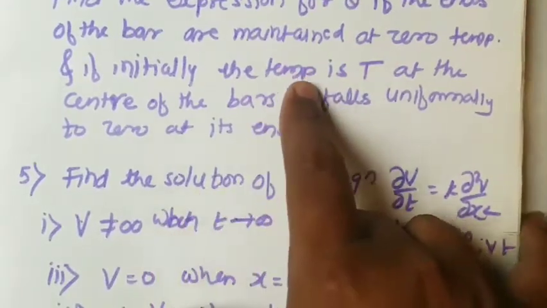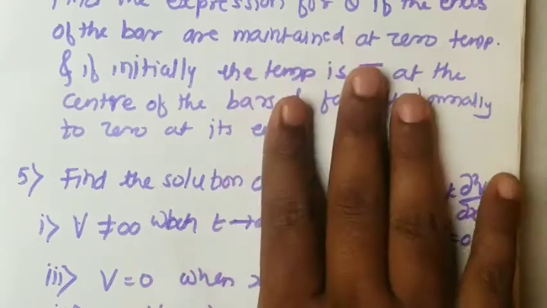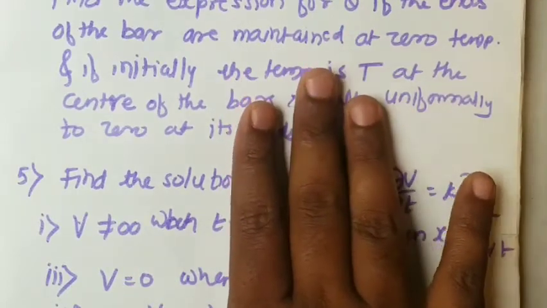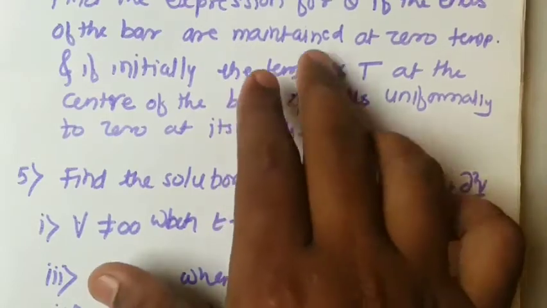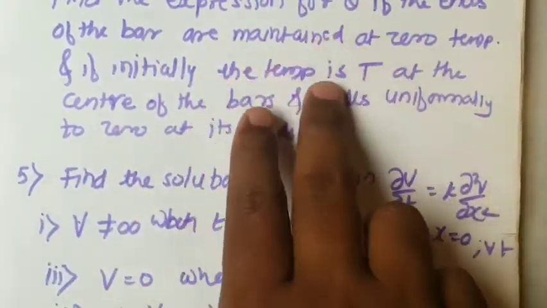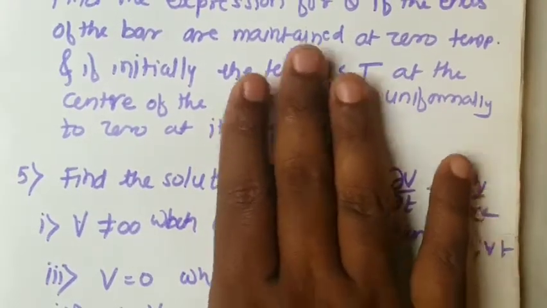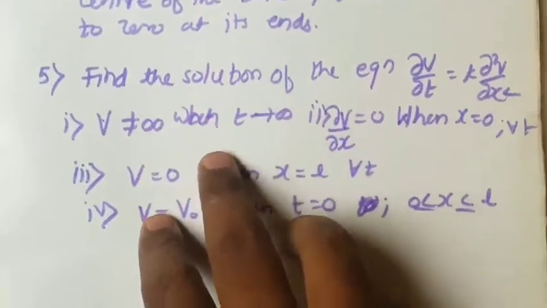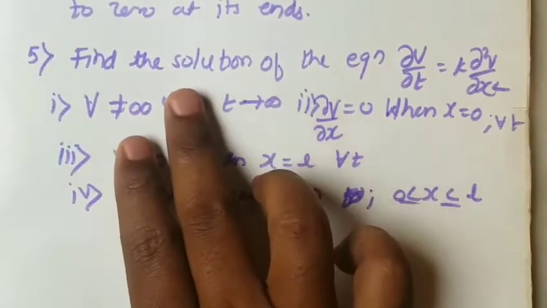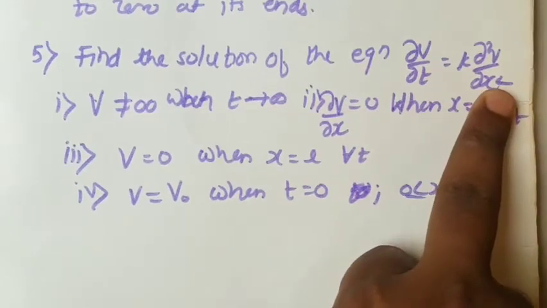The value for u of x, 0 we are going to find from this expression, and once we get u of x at initial temperature, using that we are going to proceed, because boundary conditions are with us, only this initial condition is not with us, that we are going to determine in this problem from the given information. And in the last problem, fifth, we have to solve again the similar one dimensional heat equation.